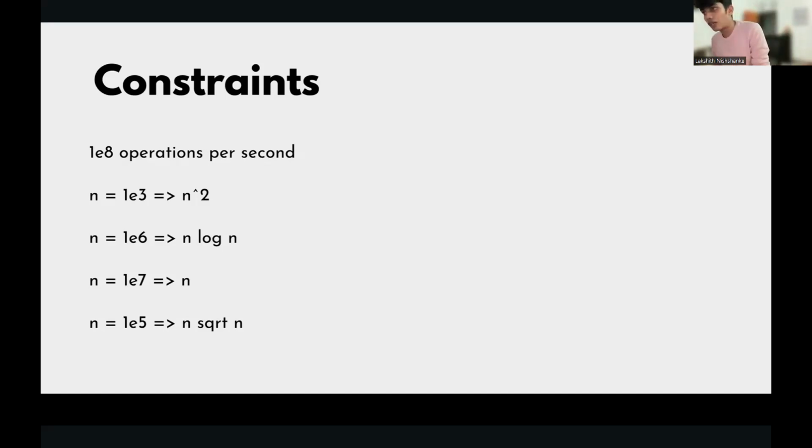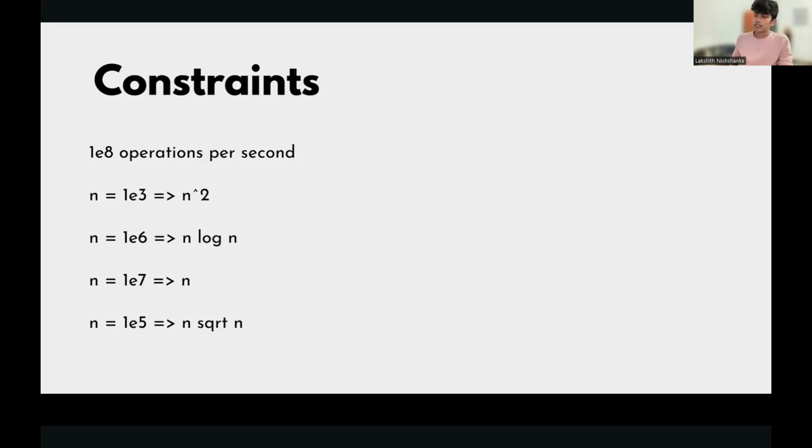I'm just teaching you a very rough idea of time complexity, because to do computer programming, we just need a rough idea. We don't need any specific asymptotic function, stuff like that. In the last example, I said you get a list of numbers, you have to do something about it and output something. If the input size is 10 to the power 3, you can do an n squared. If the input size is 10 to the power 6, you can do an n log n. Here, whenever I say log, I mean log base 2.